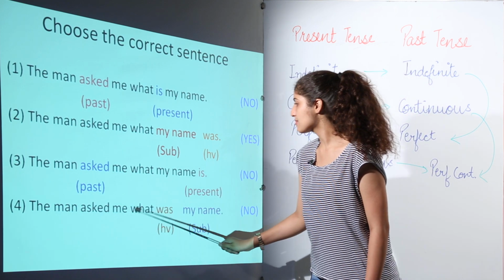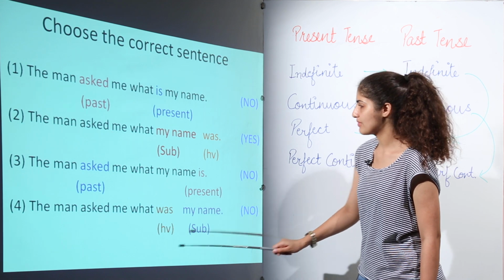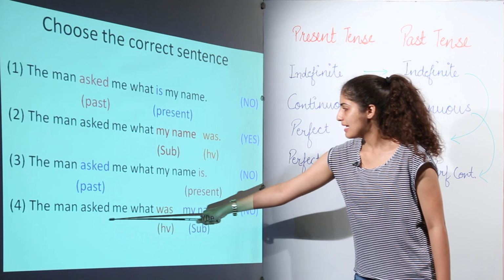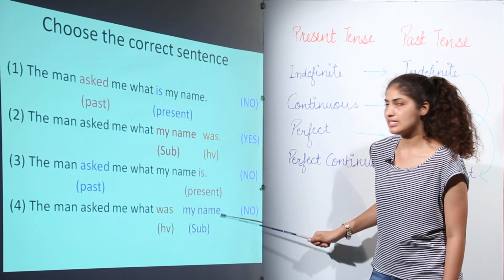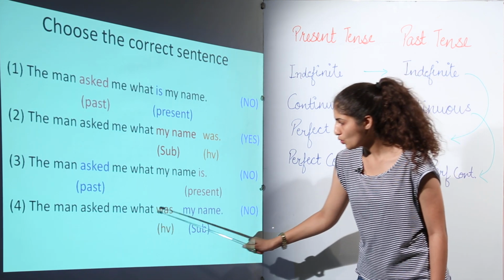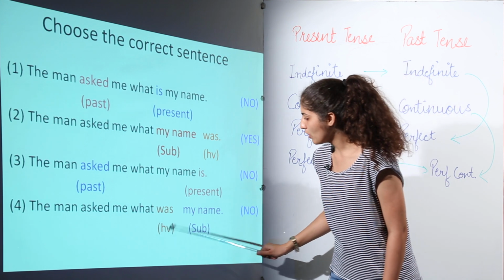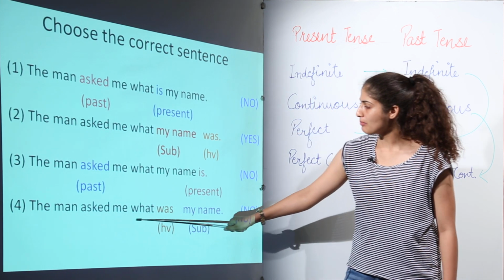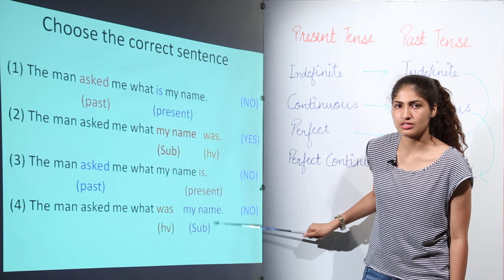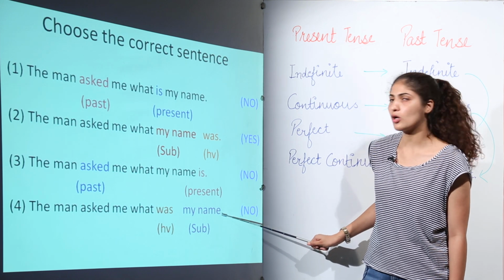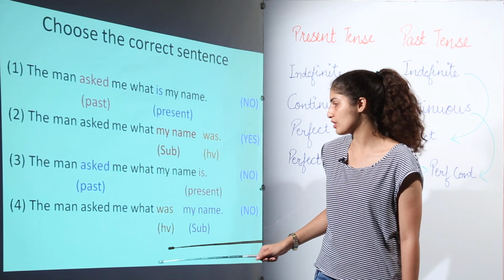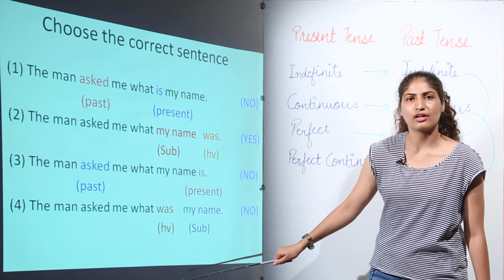The man asked me what was my name. Now see, this is basically a sentence. This full stop shows that it is an assertive kind of sentence, but in the rule, what was my name, since the helping verb is used before the subject, that means it is an interrogative kind of sentence, and this full stop represents that it is the assertive kind of sentence. So we cannot use the interrogative kind of sentence here.